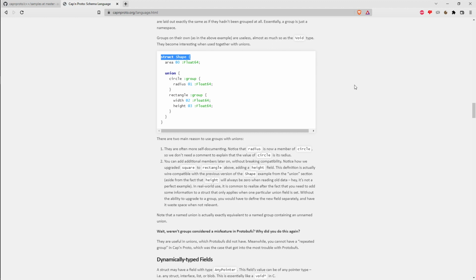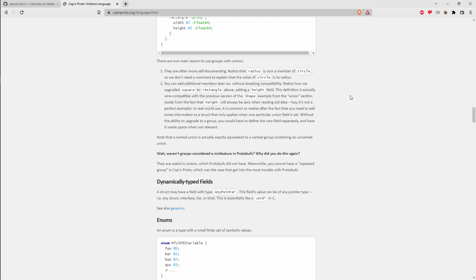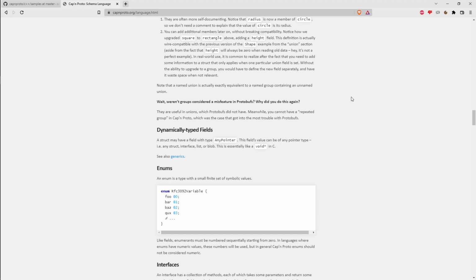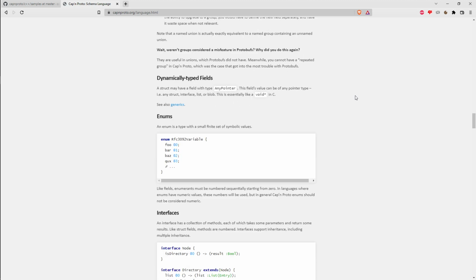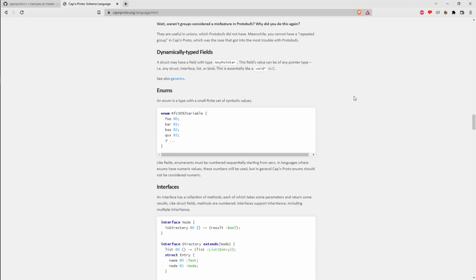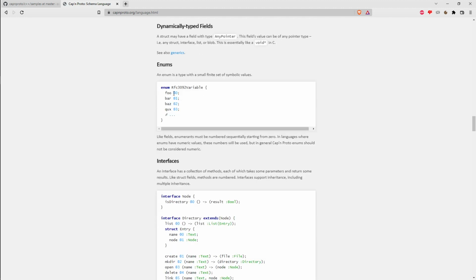That's a little bit confusing possibly, but it makes more sense when you read through the details of this documentation here. We're just skimming it over. There's also the possibility to have dynamically typed fields and enums. As I mentioned, each enum has a value, and those values must have, again, consecutively increasing IDs starting with 0. And in a language like C or C++, where enums represent integer values, you can get those numeric values associated